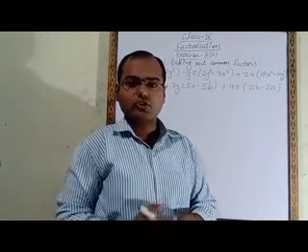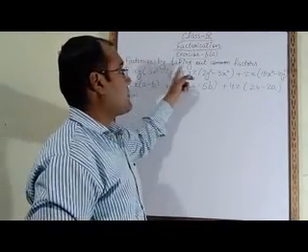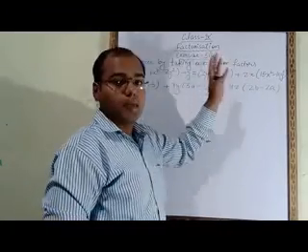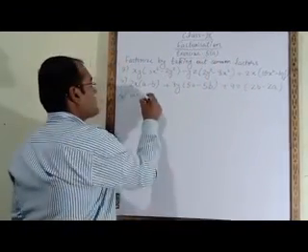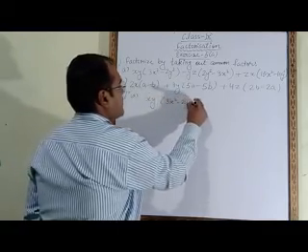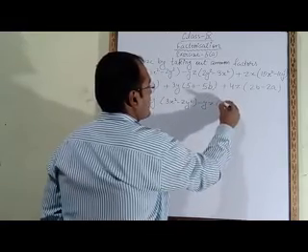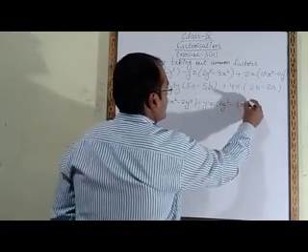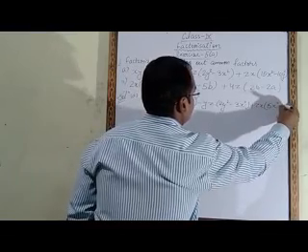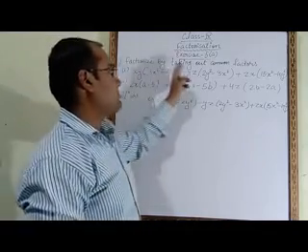Now we will solve some questions of your textbook. Let's see this question. We have to factorize by taking out common factor. First part is xy(3x square minus 2y square) minus yz(2y square minus 3x square) plus zx(15x square minus 10y square). This is the question. And we have to factorize by taking common factor.